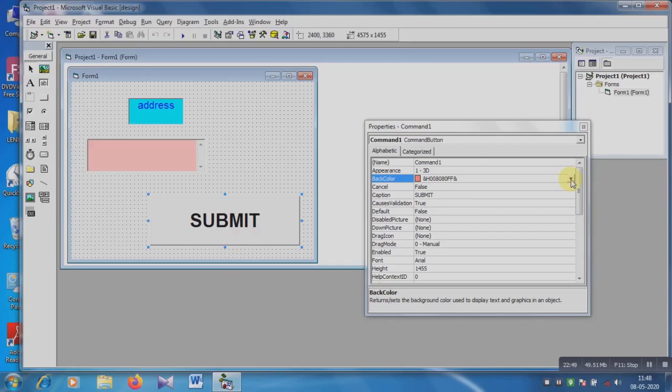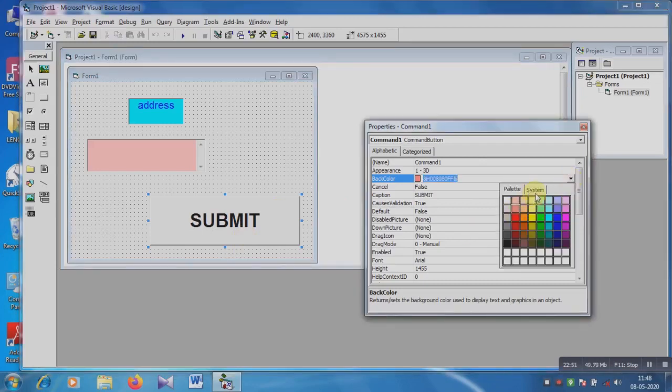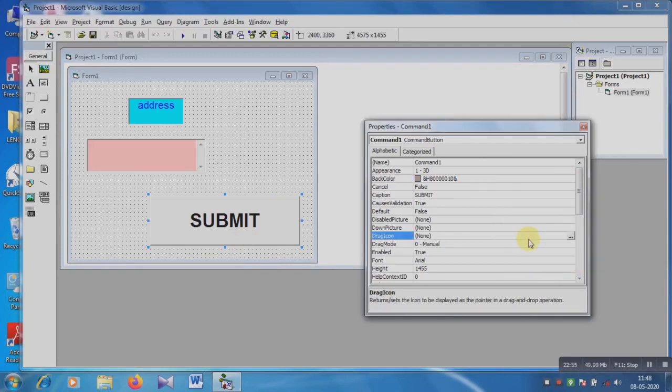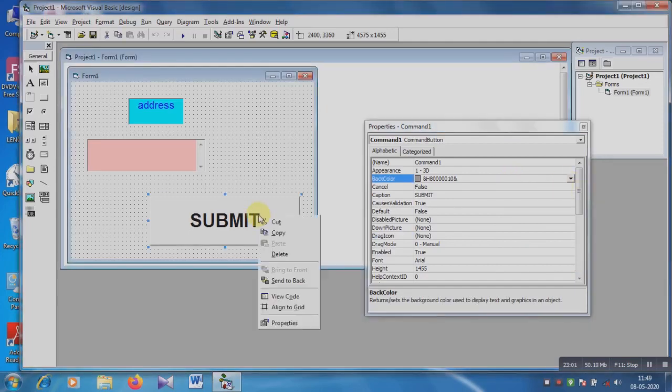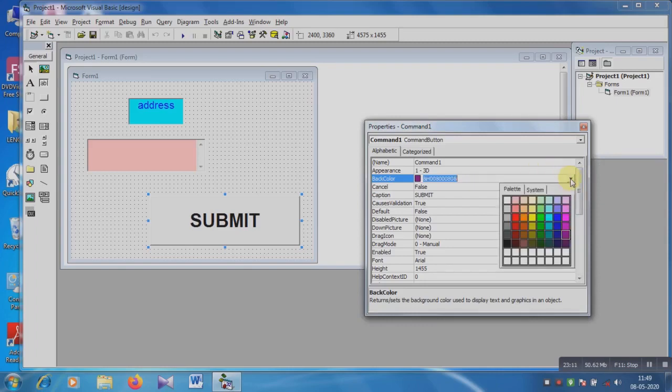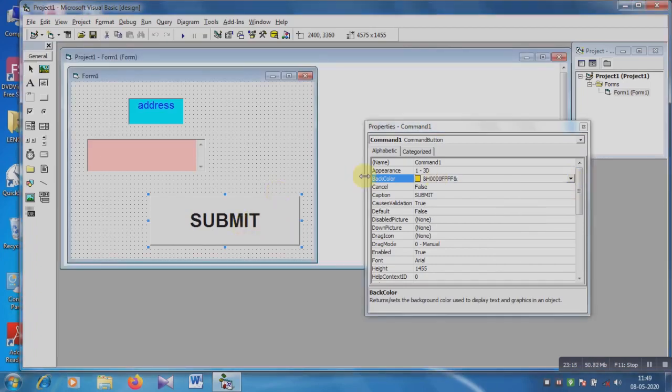I don't know why. Okay, back color is not changing, leave it.